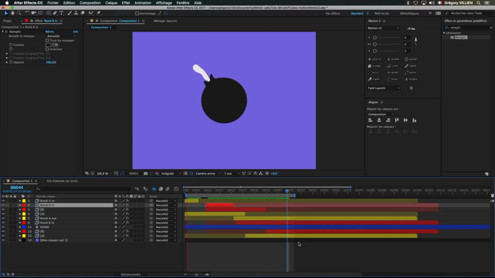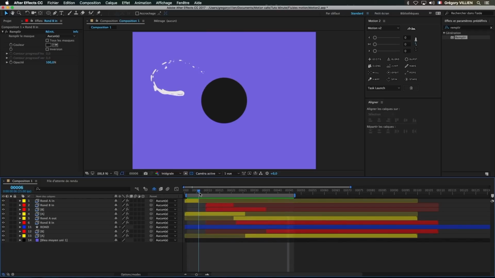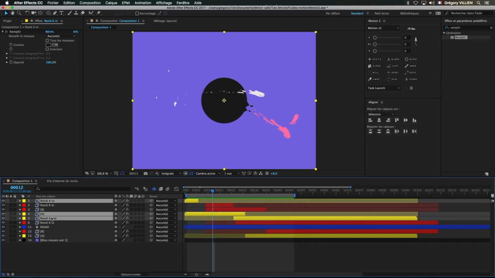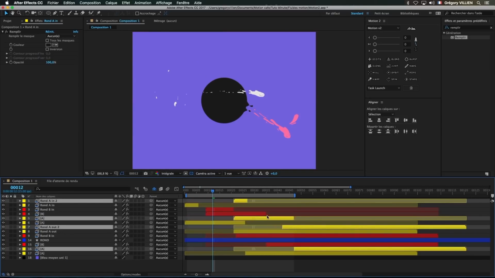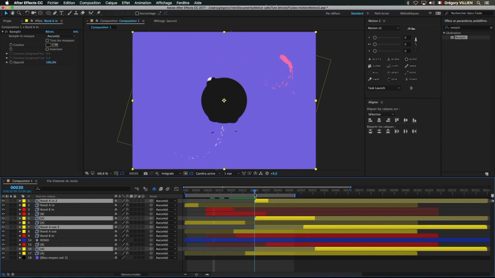We organized all of our compositions to be able to manage all these elements. I can see quickly that everything for direction B is red and yellow for A. Here, for example, I select the A direction. I duplicate it and I change the place, only shifting. I'm trying to get my direction into my ball and to make it leave by the other side.